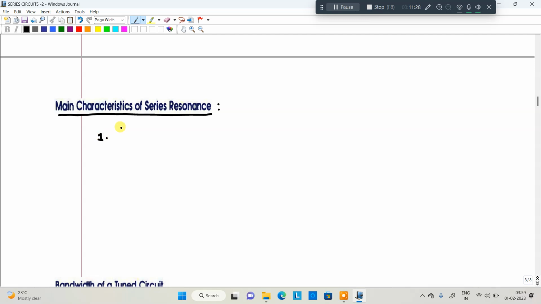Just now I gave the complete details related to the resonance RLC derivation and everything. From that we are going to discuss the first point here: at resonance, the current in the circuit is maximum. That is the first point you need to remember, that maximum current Im is equal to V by